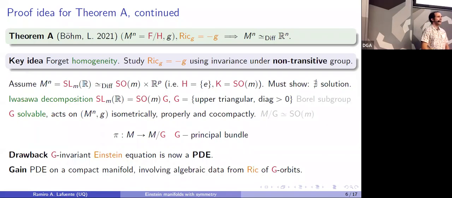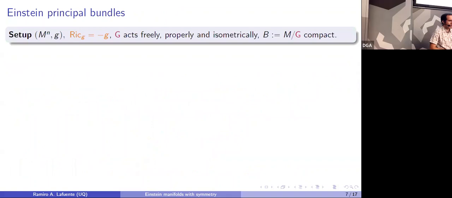So then hopefully, a PDE on a non-compact manifold, you don't want to do that, right? I'm not able to do that, but on a compact manifold, maybe you have maximum principles, maybe there's some hope to do something. And then, of course, algebraic data coming from the G orbits will play a role, right? Okay, so